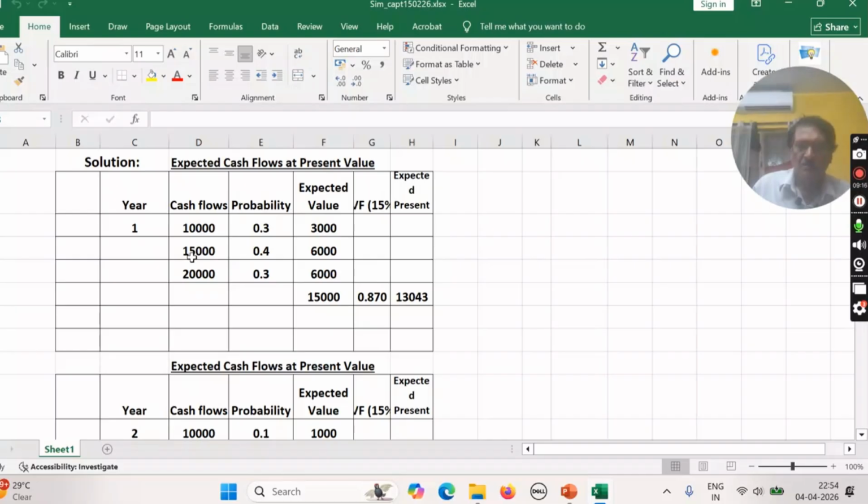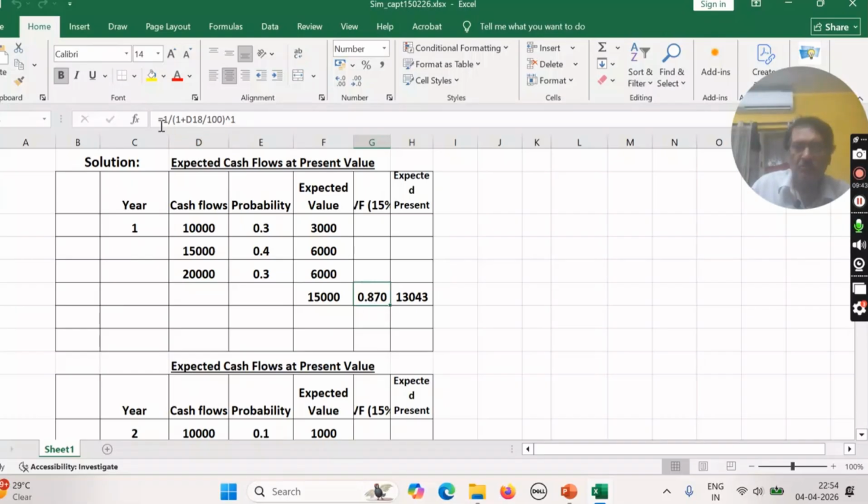The probability for 15,000 cash inflow is 0.4. That's why the expected value is 6,000, and in this way, the total expected value after the first year is 15,000. The discount rate is 15%. That's why the present value factor is